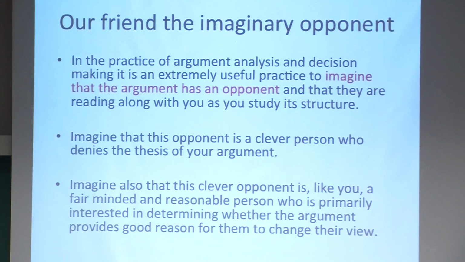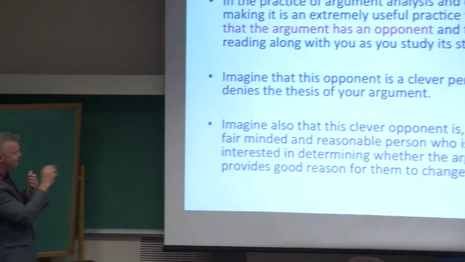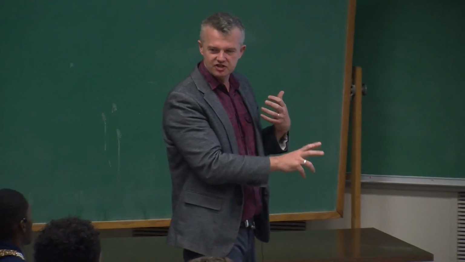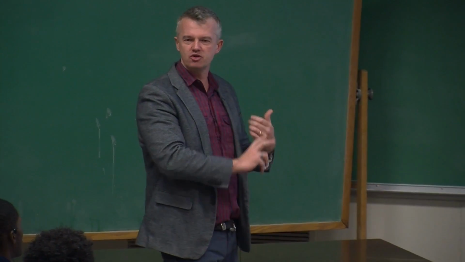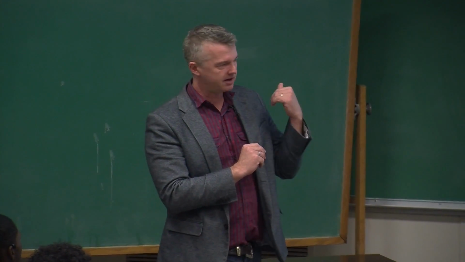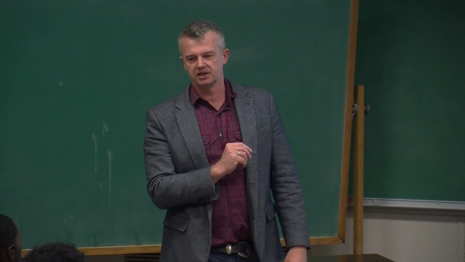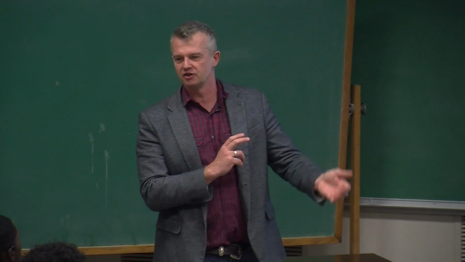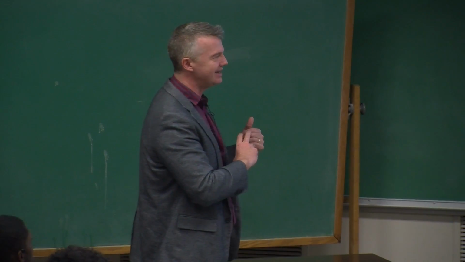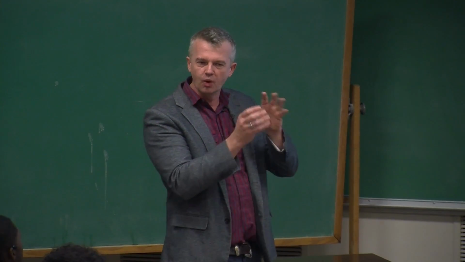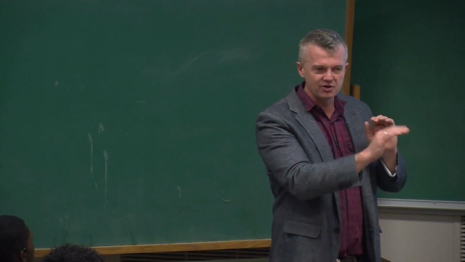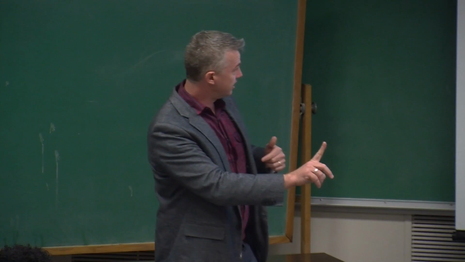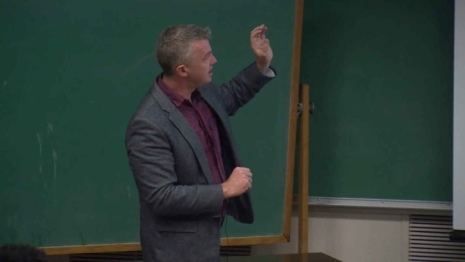And what you're going to do with this imaginary opponent is try to fill in the reasons why the opponent might object to each step in the argument. Like, why might you not believe, for example, that democracy is the best form of government? Why might you believe that marriage is bad for society instead of good for society? Why might you believe that, et cetera, et cetera? So whatever the view, whatever the cherished view or just the view that pops up, whatever the inference is, imagine someone just denying it. But the important thing, hold on, Josh, the important thing is that this opponent,